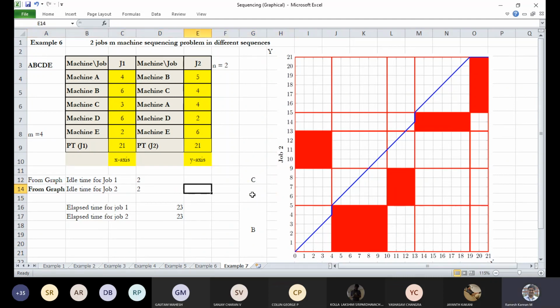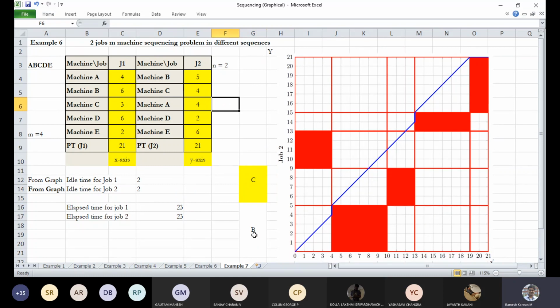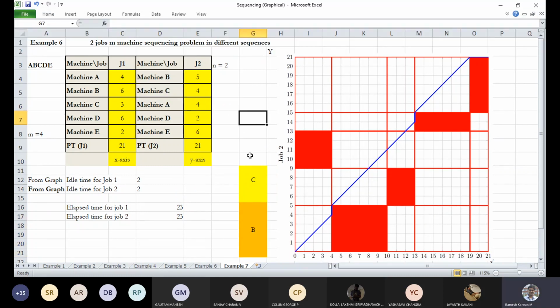It's something like C. Totally, it's C. Both this particular cell and this particular cell is C, and here it is B. And then machine A has got 4 duration from here to here, here to here, here to here, and it's 4. So 9 to 10 is 1, 10 to 11 is 2, 11 to 12 is 3, 12 to 13 is 4. So that's why it is something like 4.